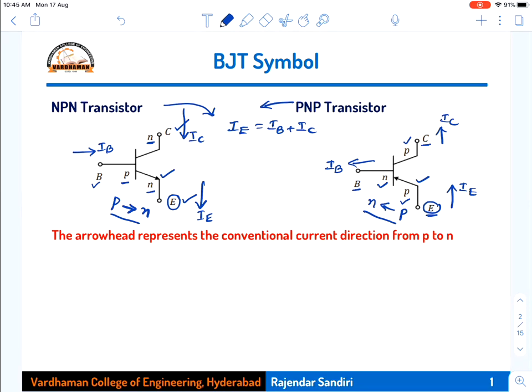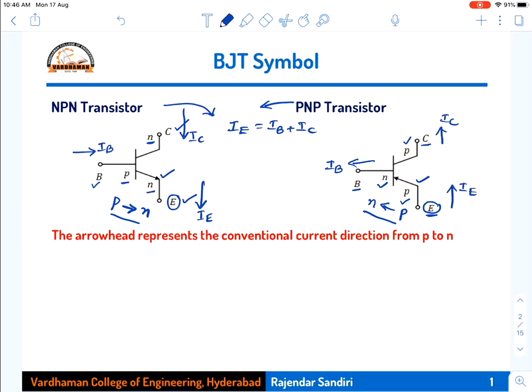And for the symbols, you just see how the symbols are drawn, and you have to practice them, because this symbol is used while representing this device in the circuit. Like the diode symbol we use when constructing rectifier circuits, clipper circuits, or clamper circuits, we represent the device in the circuit with a symbol. So the symbol is very important when we are constructing circuits. When you want to use this transistor in a circuit, you have to replace it with a symbol and use it in the circuit.